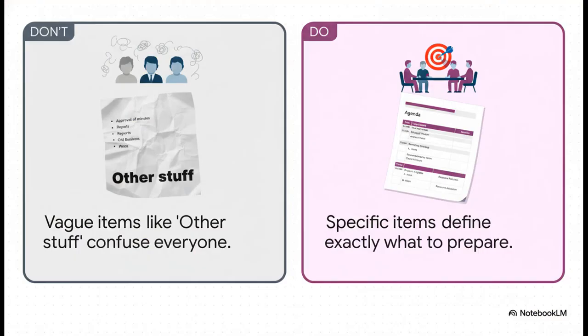Section 5. Vague versus specific. The contrast between a bad agenda and a great one is just night and day. Vague agenda items literally lead to vague meetings. If you just jot down a single word like fundraiser, nobody knows what specifically is being discussed, who's leading it, or what decision even needs to be made. People just show up and talk in circles. But contrast that with a specific item like, decide on fundraiser type, bake sale versus car wash, 10 minutes, led by Maria, decision needed. Wow, a specific item like that tells everyone exactly what to prepare and what outcome is expected. It leaves absolutely zero room for confusion.